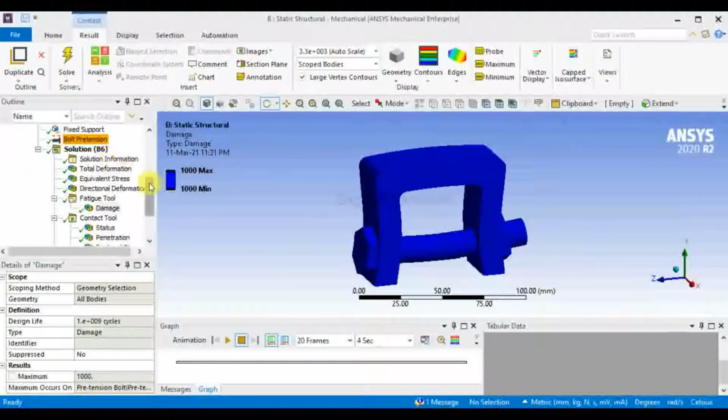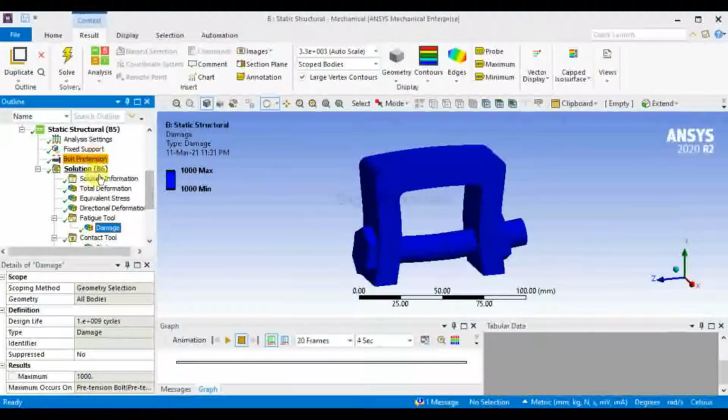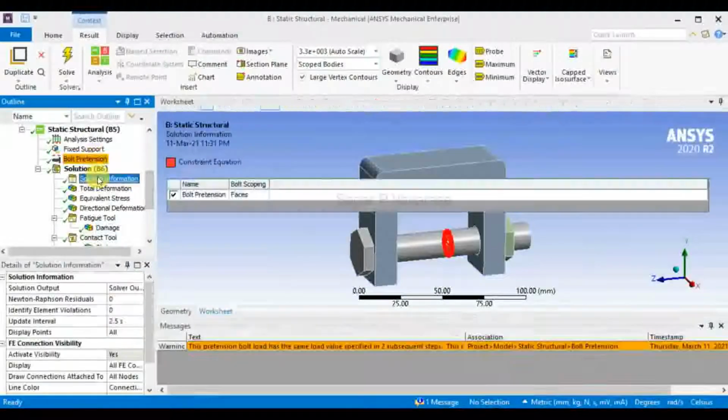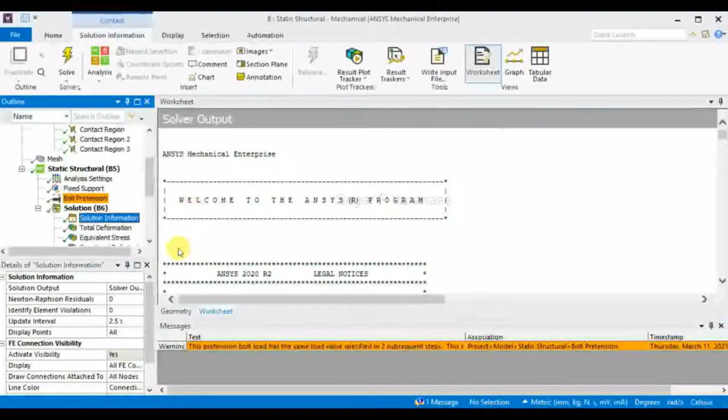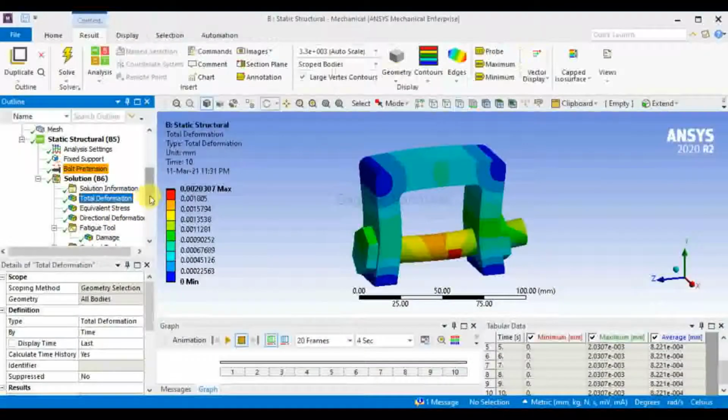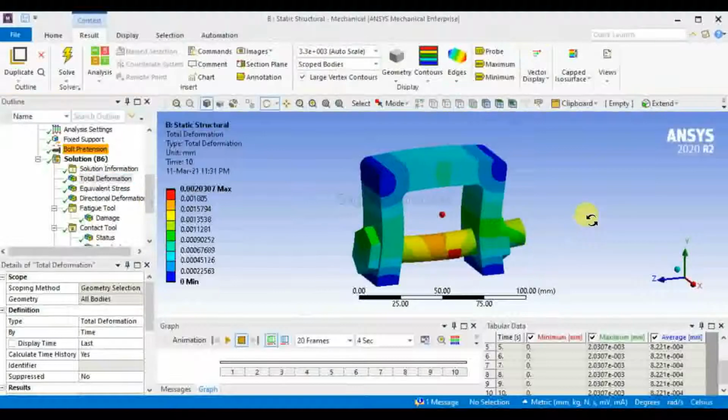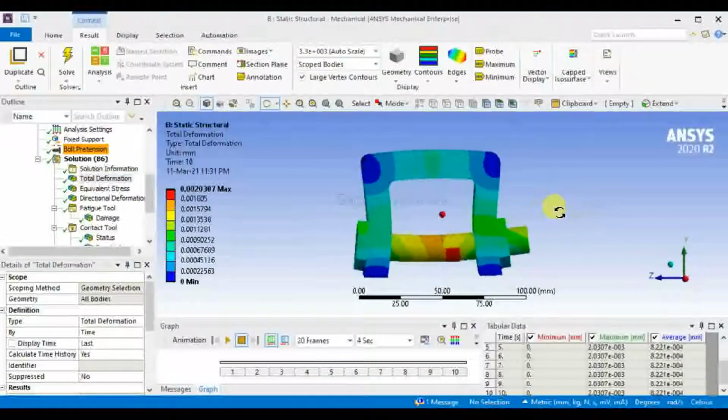First of all, we have performed the bolt pretension. We can generate the solution information from here. We can also find the total deformation that occurs at our bolt pretension.